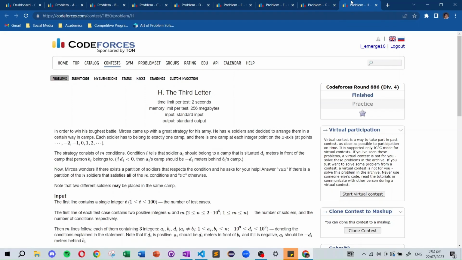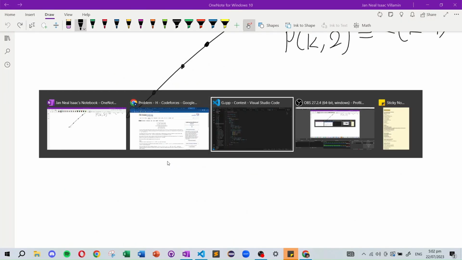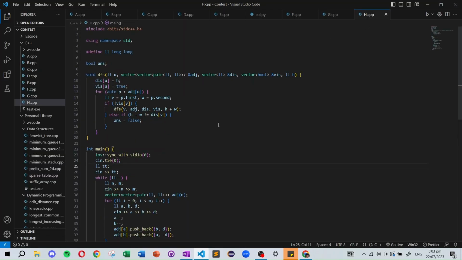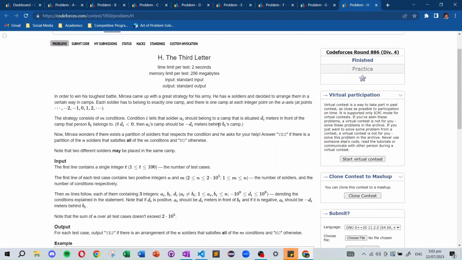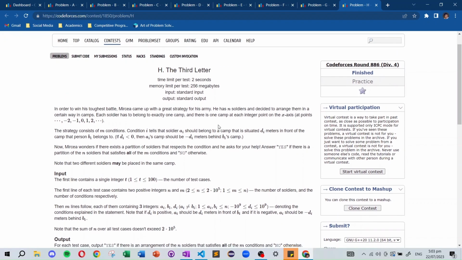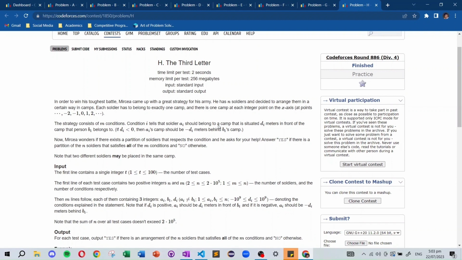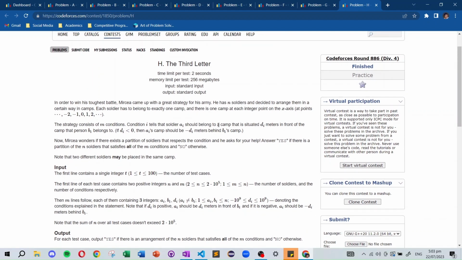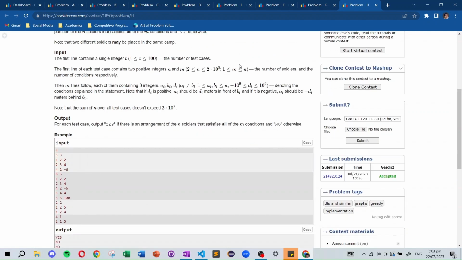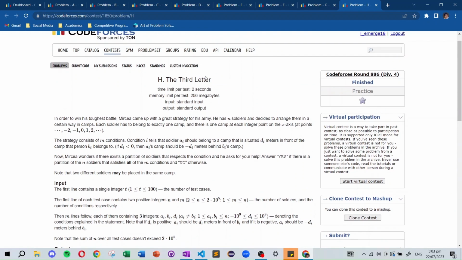And then the last problem, problem H. Okay, so I have a funny story about this problem. I actually took a lot of time solving this problem because of one main reason. I thought that my first insight was this can be represented in a graph problem because it's too complicated to be a greedy. Or although there is a greedy element in this problem in general,